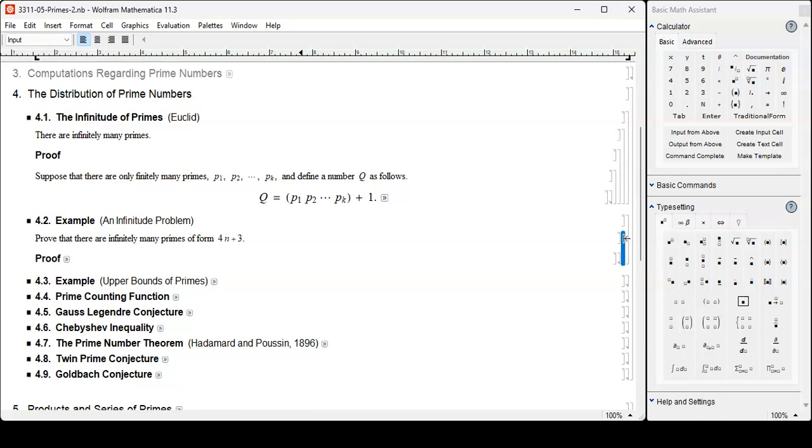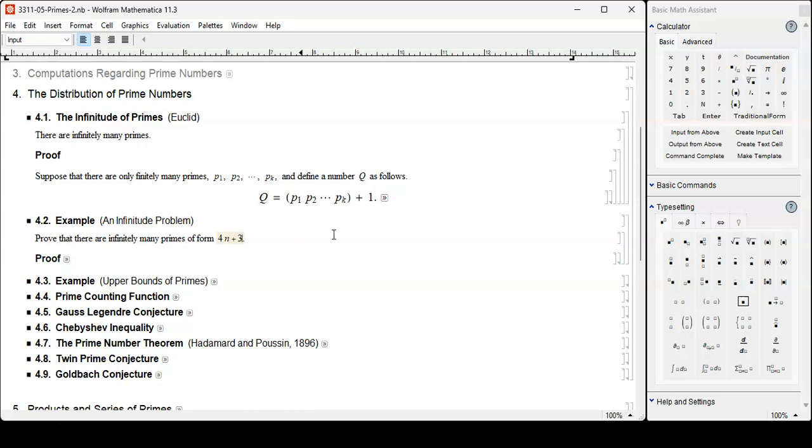It's a multiple of 4. Now if the remainder is 2, then it's an even number, so there's no prime except the smallest prime number, 2. That's the only even prime. So all the primes are of the form 4n plus 1 and 4n plus 3. And as for the primes of the form 4n plus 1, yes, there are infinitely many, but we are not ready to prove it. This example problem is about there being infinitely many primes of the form 4n plus 3,